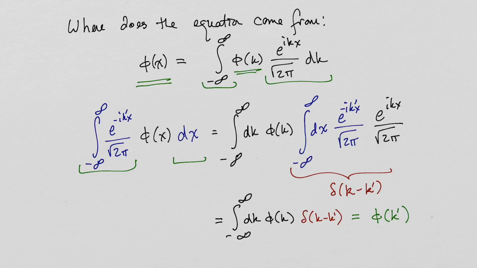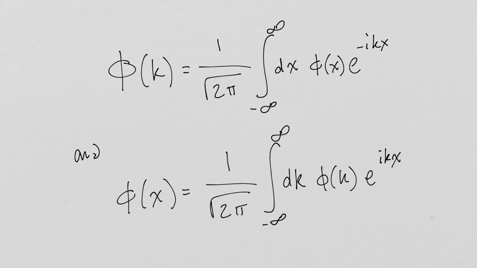I then plug my Dirac delta function in, and I get an expression for these amplitudes. I get an expression for the expansion coefficients, right? I get an expression for this function that tells me how much of each basis function exists. That function is the Fourier transform, okay? And so what I end up with is the definition, right? And I should put 3 lines here. The definition of the Fourier transform